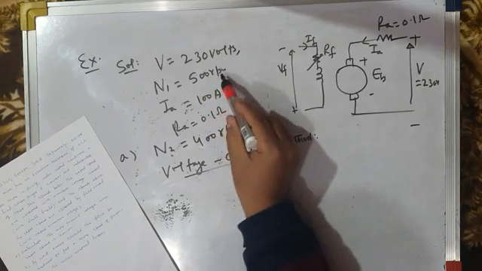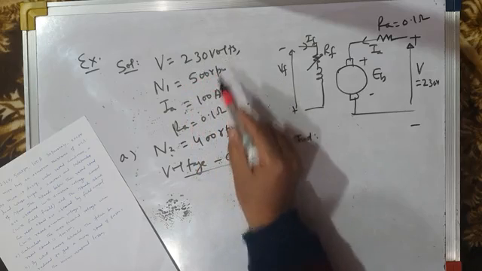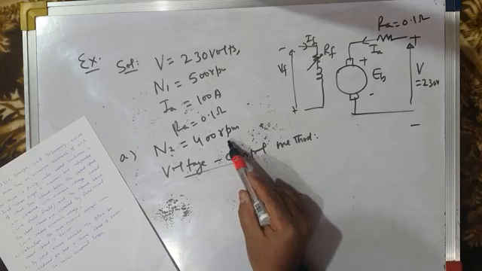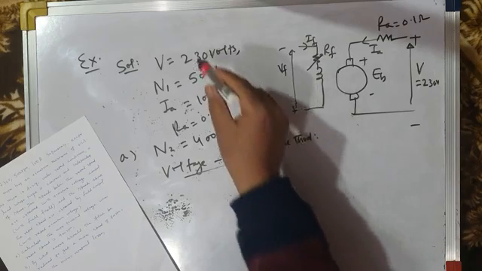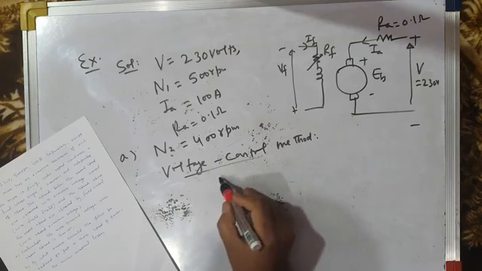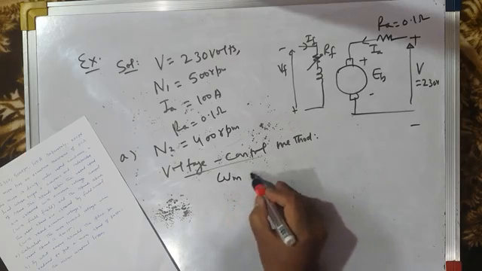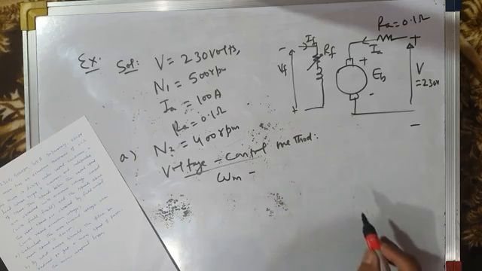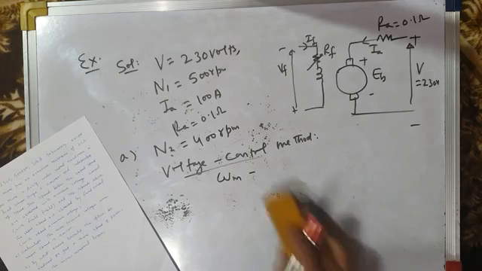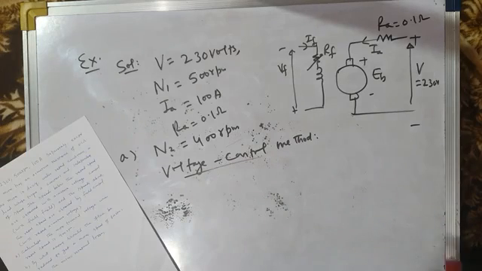For 500 RPM speed, the applied voltage is 230 volts. For achieving 400 RPM speed, what should be the applied voltage? Obviously, it should be less than 230 volts. How much? Let us try to find that out. We know that the speed of the motor is... or let's write it like this. We know that